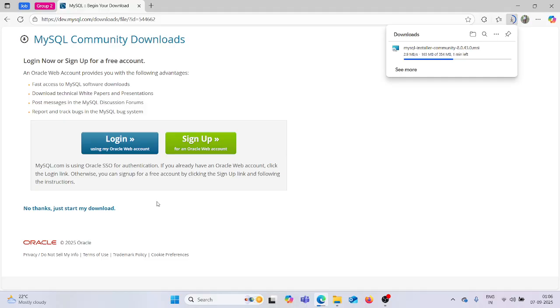Whoever has already downloaded MySQL or is aware of this, just keep patience. And whoever is new to this, just go as I am saying, so that you can understand and you can do it.